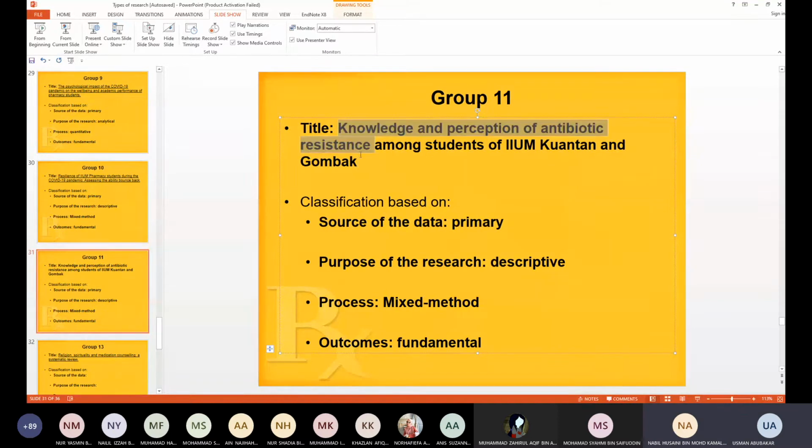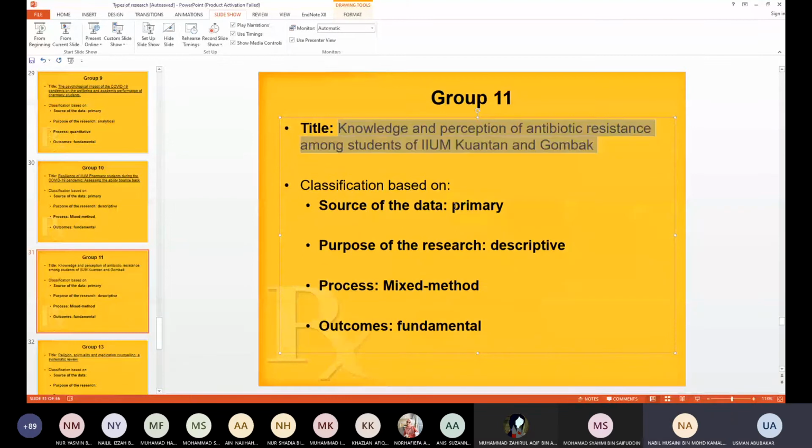How do you classify it based on the source of your data? For the source, it will be primary research, because we're going to do a survey directly from the students. Okay, so primary. The purpose? The purpose, I think it will be descriptive, because